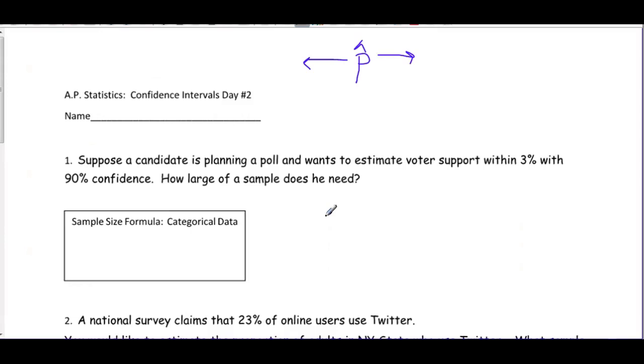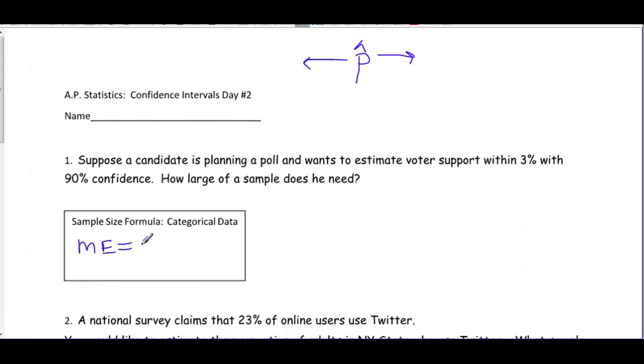What you want to think about here is, remember yesterday we talked about when we were building our confidence intervals, we were adding and subtracting our margin of error. So here, when we do this estimate, we want to be within 3% with 90% confidence. So we have a 3% wiggle room, our margin of error here. So our formula that we used for margin of error yesterday